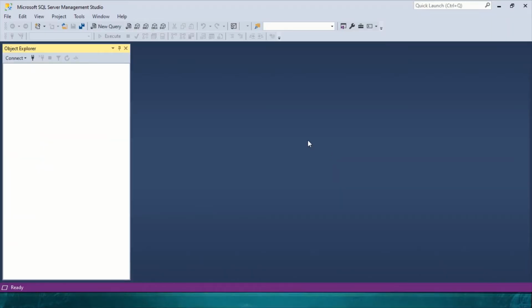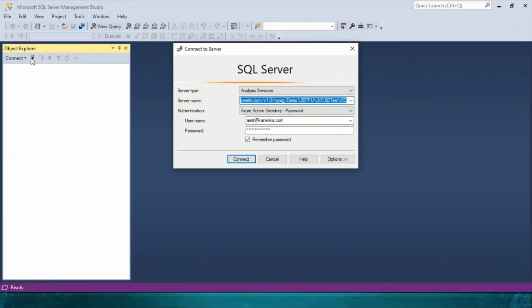So now let's go to SQL Server Management Studio. Once we go there, we have to use this analysis service option. In the analysis service, we have to give our PPU, and then we can give our user ID and password. Most of you will get this option, Azure Active Directory with universal multi-factor authentication. That's what you have to use. But in my case, I have not enabled multi-factor authentication, so I'm going to use this. Let me log in there, and once it is available on the connection, I'm going to show you the next step.